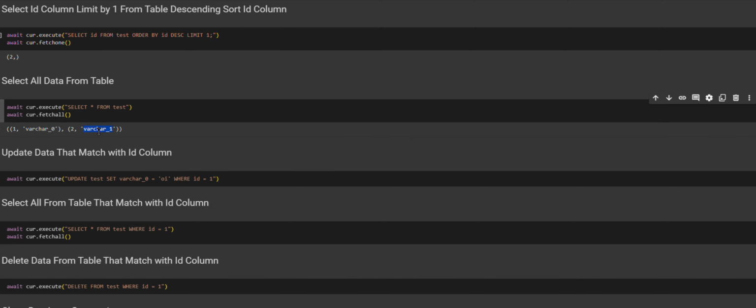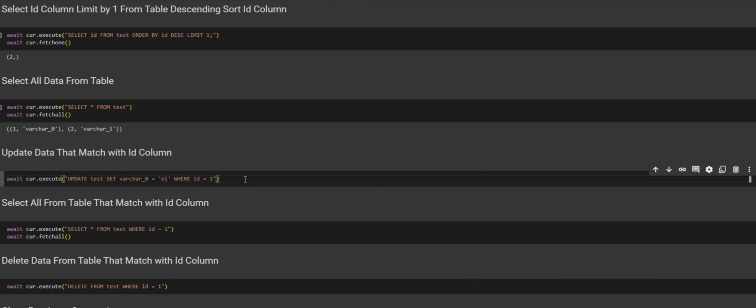Okay, next we will update the data that matches the ID column. We update the data from the test table. We update the varchar column where the ID number is 1.